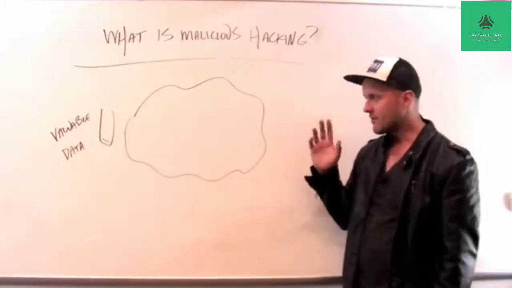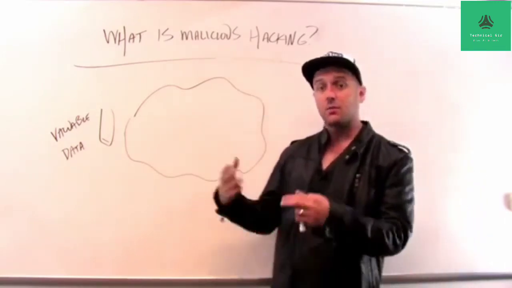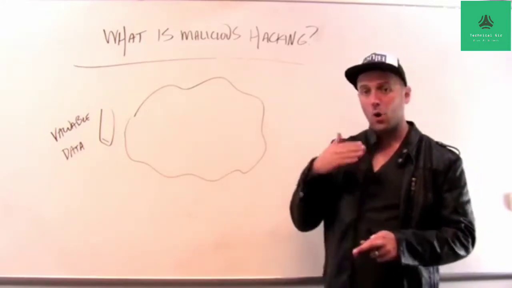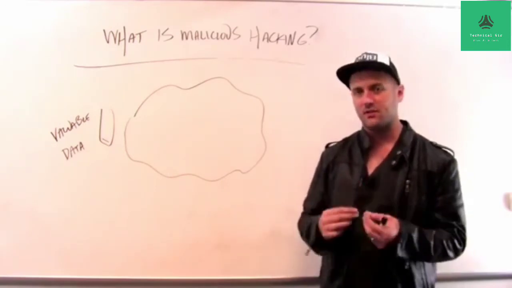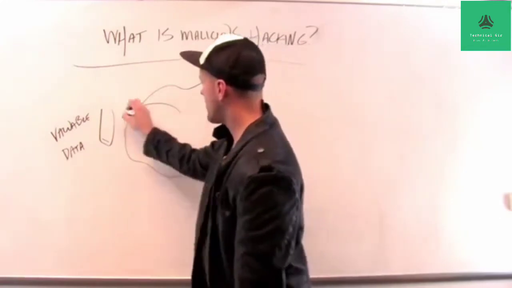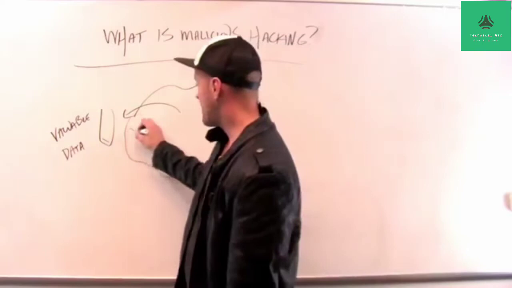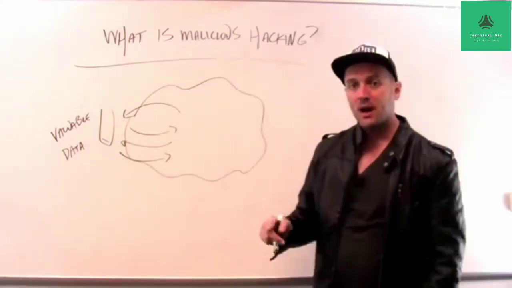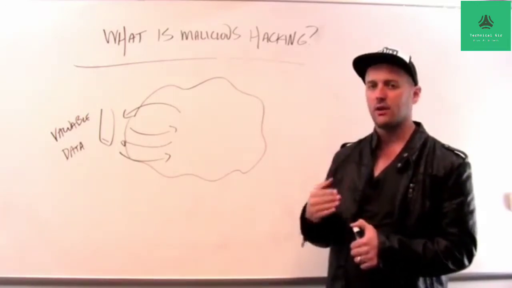The first thing I might need to do is find services that are running on it. That's where tools like Nmap come into play, because Nmap allows me to figure out what ports are open going into that machine and maybe get some information about the service that's running on that port. Then frequently what I'm going to try to do is break that protocol or exploit some bug in the protocol. So I might initiate some series of interactions with this machine that are designed to expose a flaw in the software that is running the protocol.